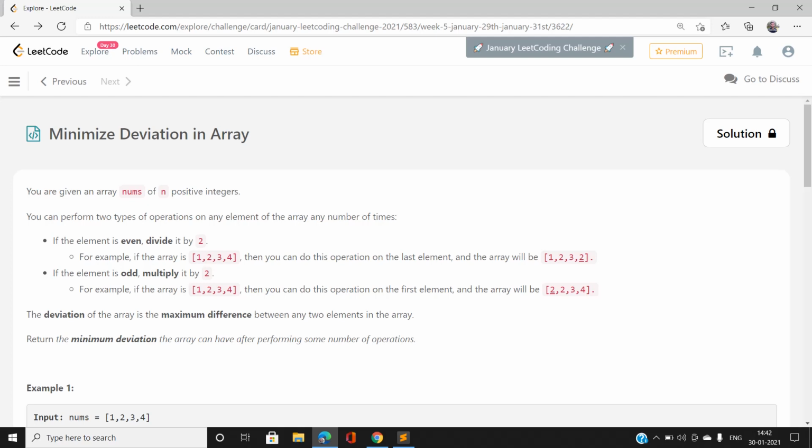Hi everyone, this is Sunny Kumar from Mathematics and Computing Part 2, IIT BHU, and today I am back again with another question of Daily LeetCode Explore Day 30 of January, and the question name is Minimize Deviation in